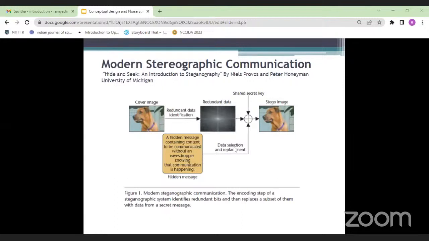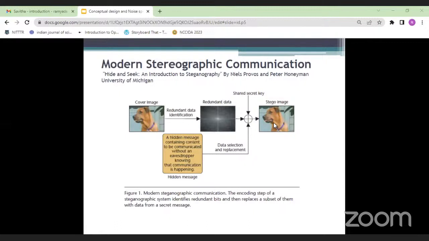For example, if it is 8-bit data, that is 1 byte, the LSB, the least significant bit, will be replaced with the information that needs to be hidden. After that, we have a stego image.